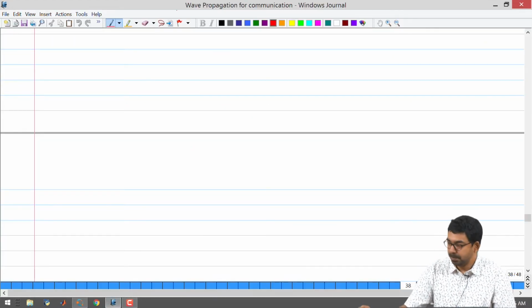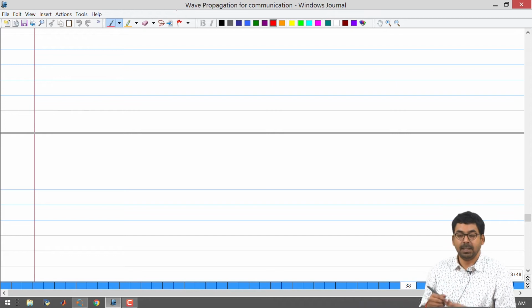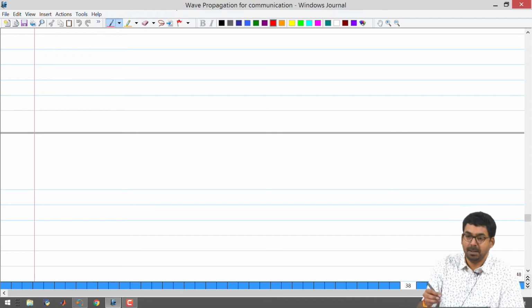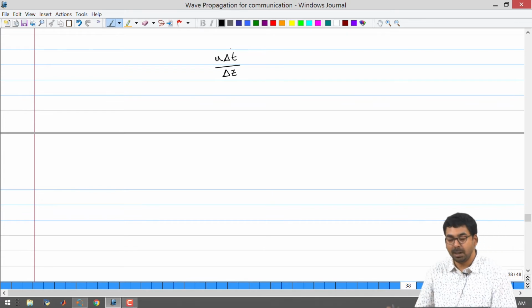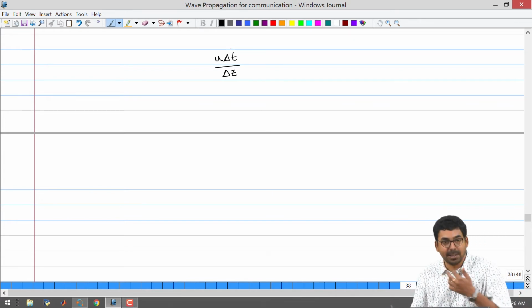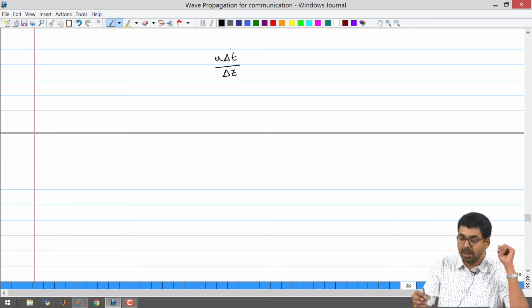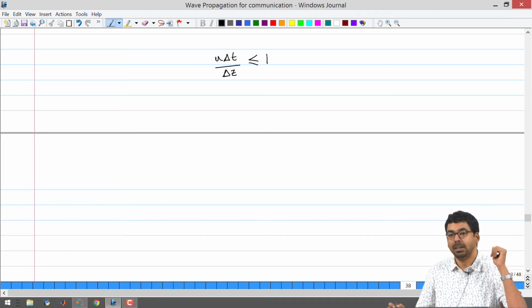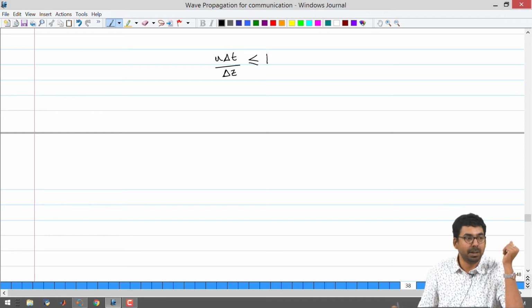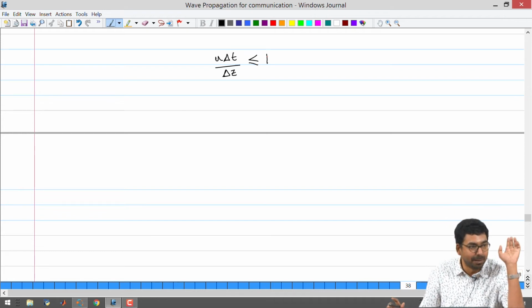Simply put, just briefly write down without going into too much detail because there is another course for that. In this course we are using u for velocity. So, I will just make this u delta t divided by delta z. This quantity has to be less than or equal to 1 for your simulation to run without blowing up the y axis.